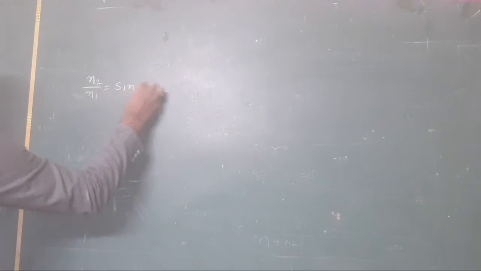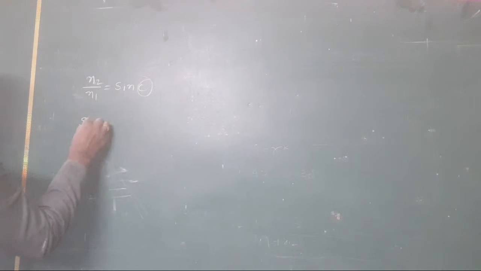My reason is that n2 by n1 is equal to sin C here, simply. That means the refracted ray to the reflected ray angle is 90 degrees, so the angle of incidence is the critical angle. Here sin C is equal to